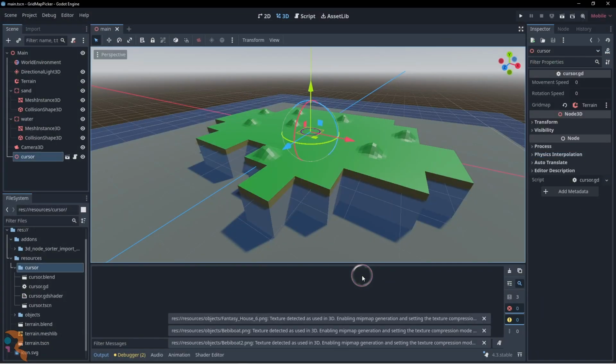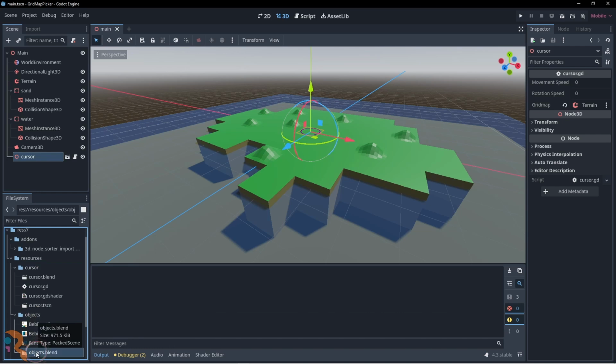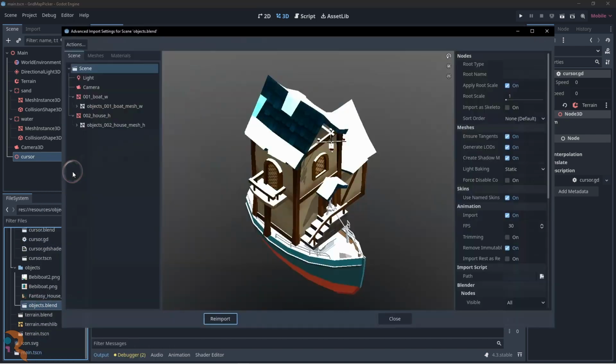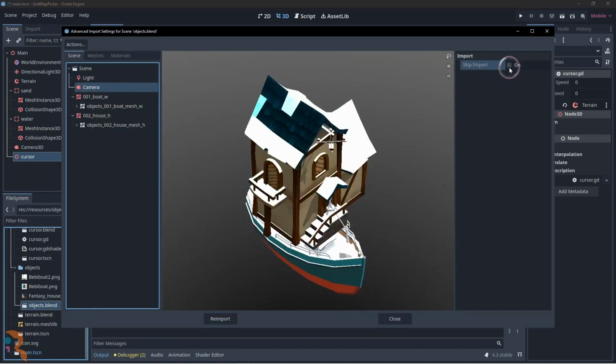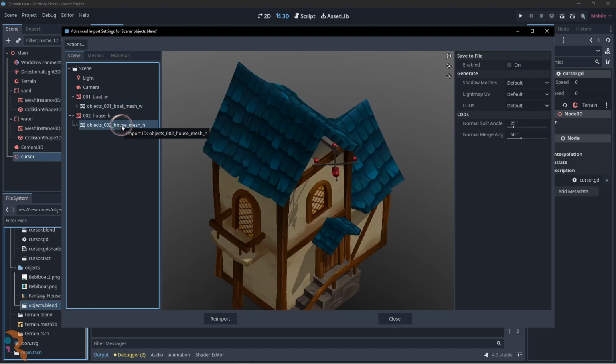Object meshes are ready, so we use them to create another mesh lib and an object grid map that will be aligned with the terrain grid map just created.